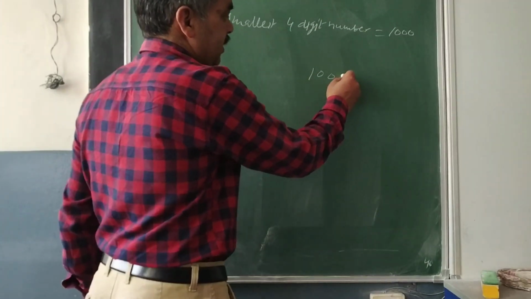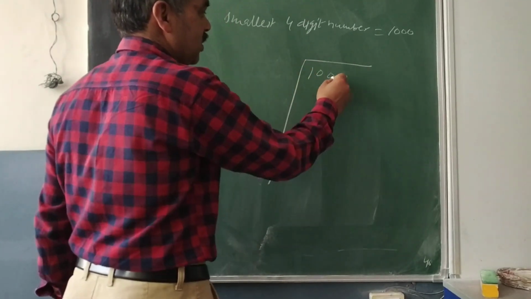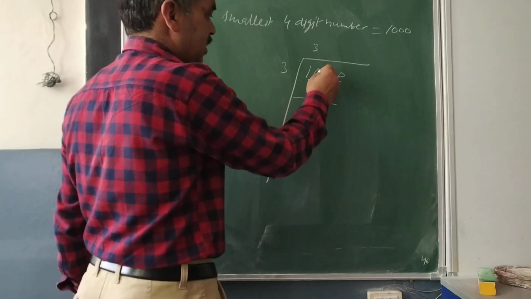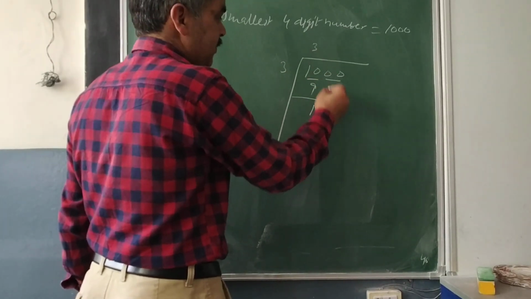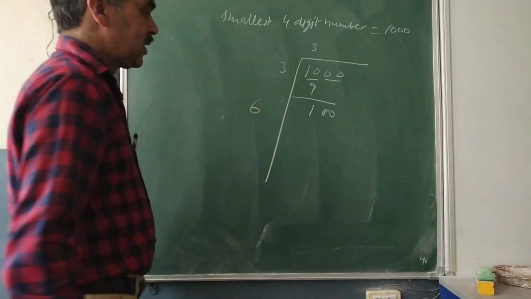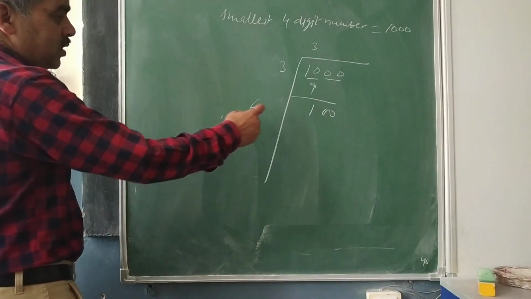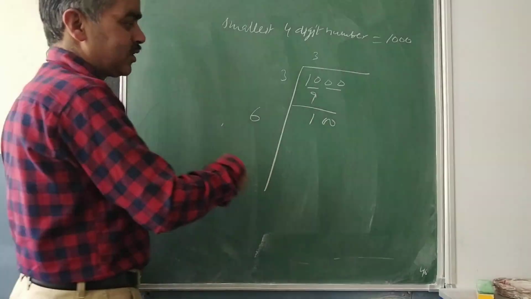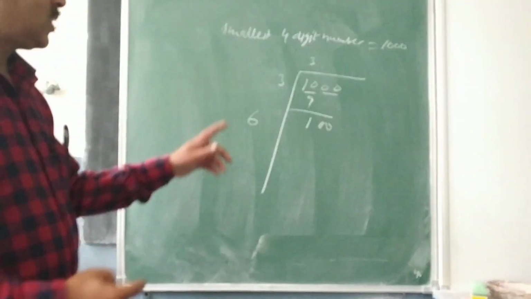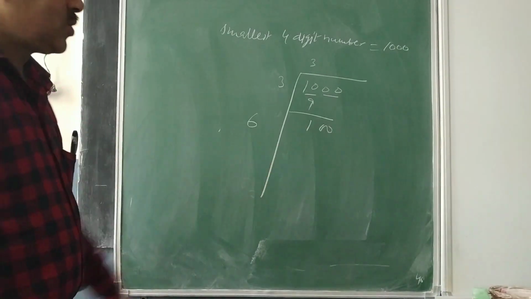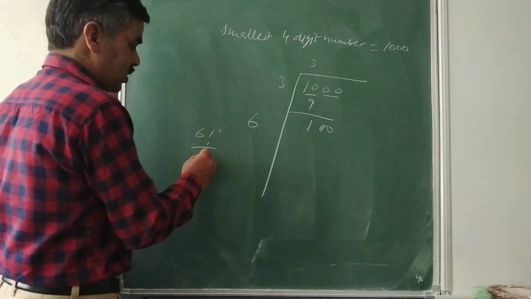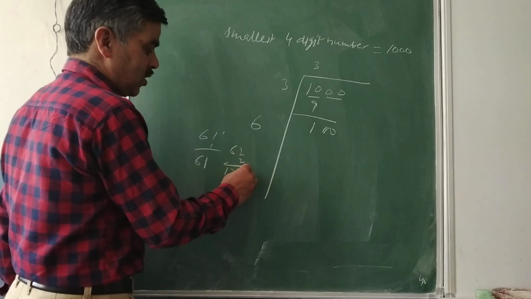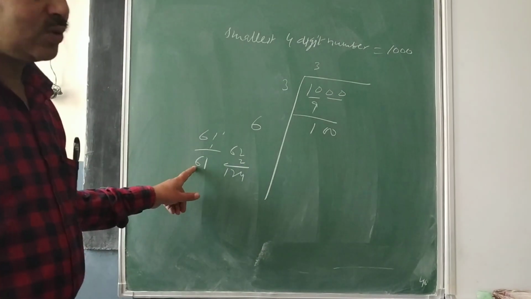So find the square root. That procedure I was sharing with you yesterday. So 3 3s are 9. Here it is 3 3s are 9. 10 minus 9 is 1. 100, double of 3 is 6. So usually I told you we take a number less than or equal to 100 to subtract. But in this case, when you have to add, you have to go one step next. So here usually you will take 61. If I try 62, that will become what? 124. So I don't have to take 61.